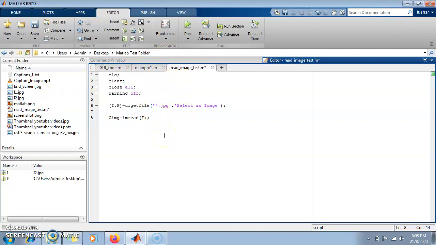If that image is in a different path, then you have to add the path variable P and I, that is in square brackets, [P I] or [P, I]. Now that image will be read into this particular OIMG variable.